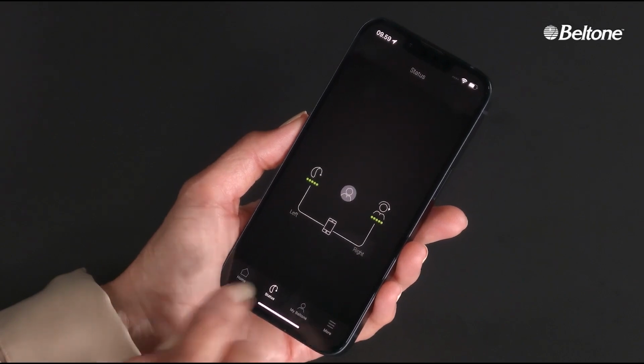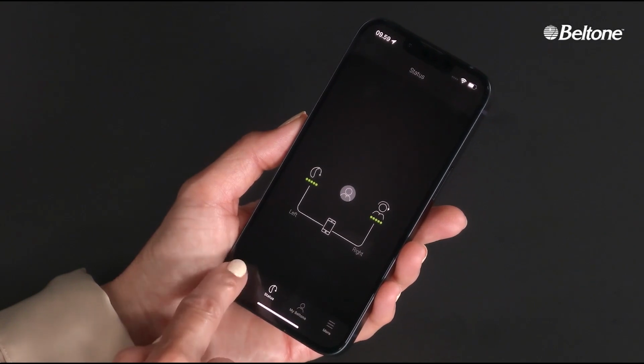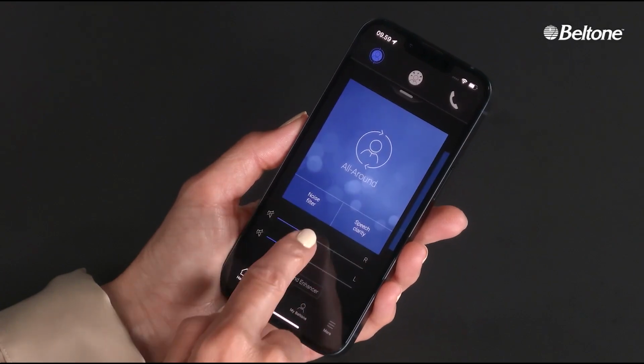A right-hand finger taps the status button with the hearing aid icon at the bottom of the screen. The screen displays icons of the hearing aid, headshot outline and a cell phone, showing the links between the left and right sides. A finger points to the graphic labeled right and then taps the home button at the bottom